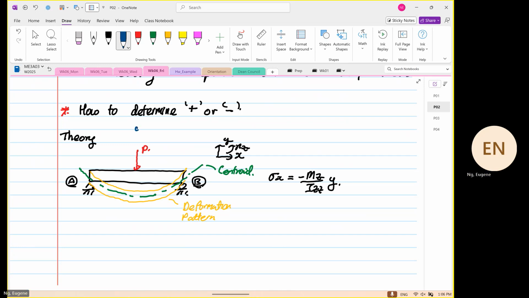One, we put a point down there because this is the center of curvature. Okay, so based on the center of curvature, we know anything that is pointing towards the center of curvature,